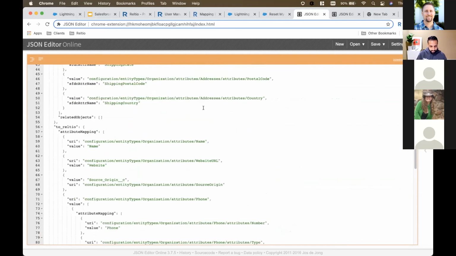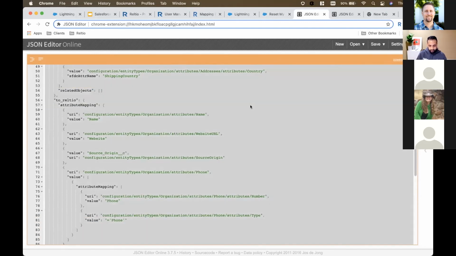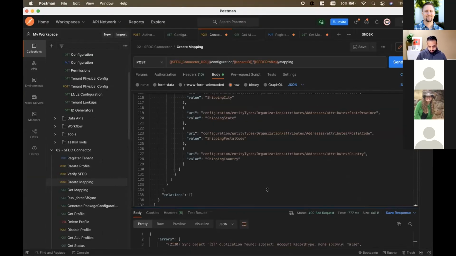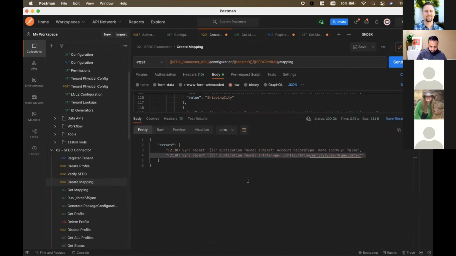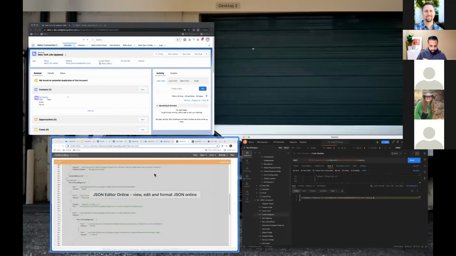And essentially, once you've figured out exactly how you want it to look, you can just grab it and post it back to the API. So if I go back to Postman, remove that, post it, and click send. Hopefully the send works a bit faster. Yep, so it's saying that the mapping's been updated,